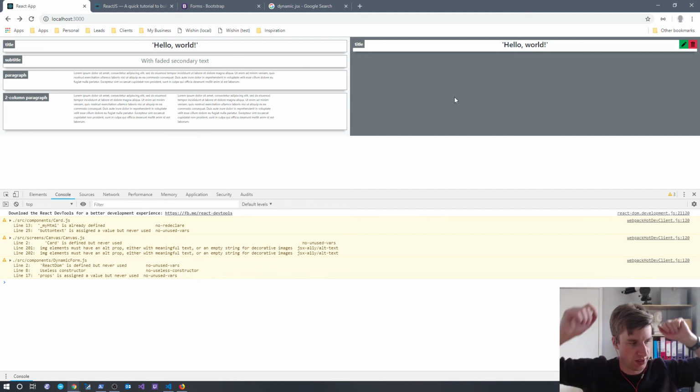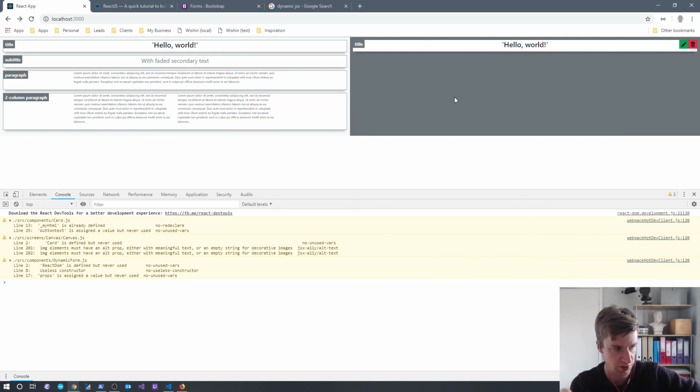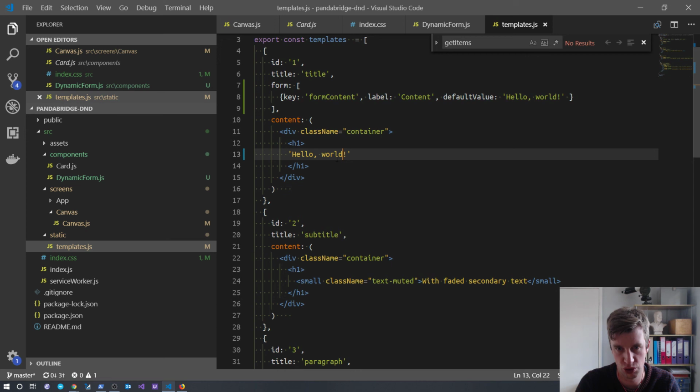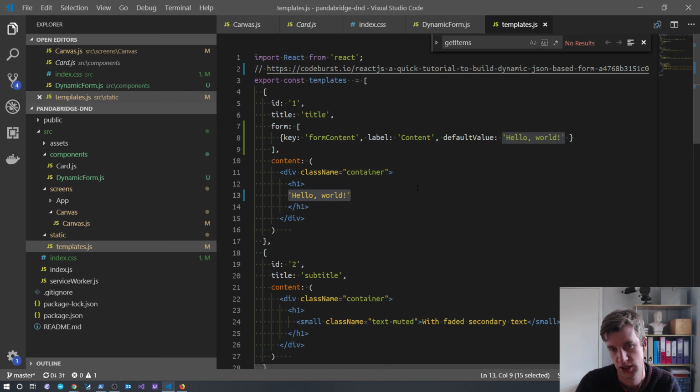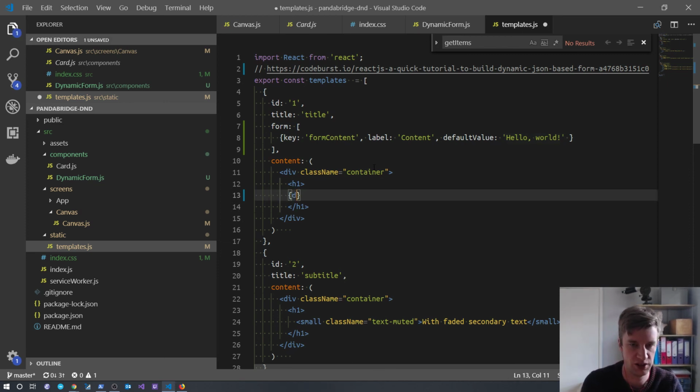I think what I need to do is figure out how to set the state on the canvas to those IDs, the ID value stuff. So basically iterate through the form, add all those values into the state of the parent, and then somehow set that in that JSX, which I'm not so sure about. I don't know how to set this dynamically. Because I want this to be a dynamic value